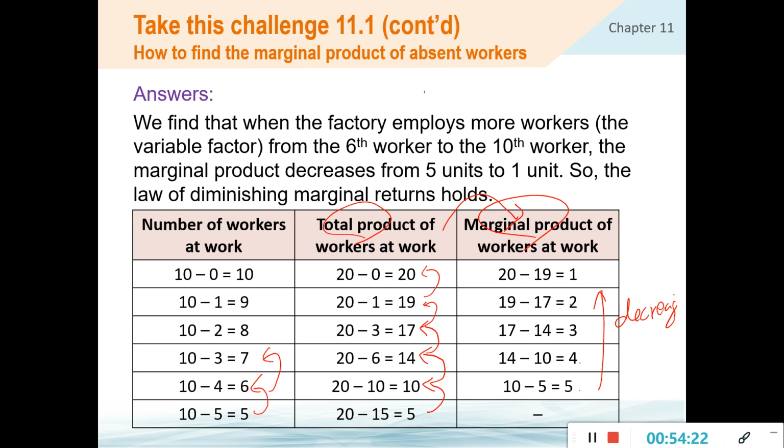When you employ the 7th worker, the marginal product is 4. Okay, then it is decreasing. 所以佢話 the marginal product decreased from 5 units to 1 unit. So the law of diminishing marginal returns holds。